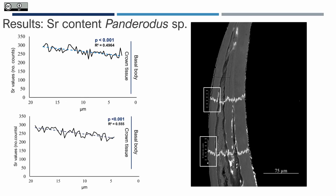Some minor elements, including strontium, are incorporated in apatite-forming tissues during the life of the animal, reflecting either their migration or changes in their diet. Because those conodonts might have had such a short lifespan, migration is less likely to influence the strontium content. Strontium was measured in both elements along several line transects, showing content differences between the basal body and the crown tissue. During such an EDX measurement, we do not measure absolute numbers, but we do measure the relative content as